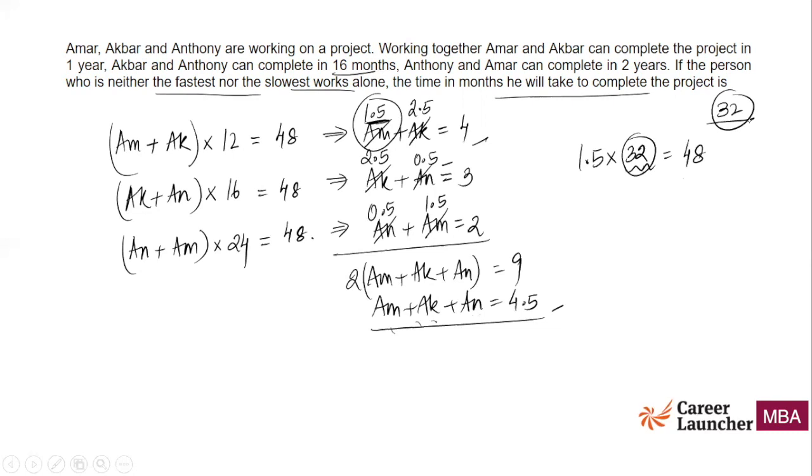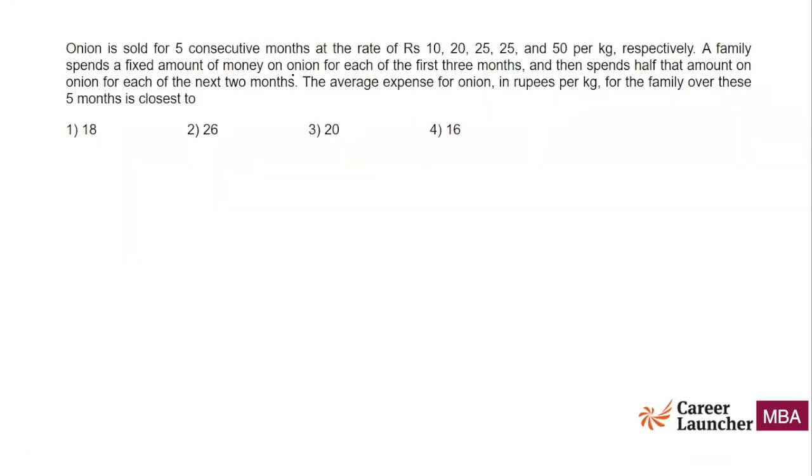Plain and simple question. Onion is sold for 5 consecutive months at the rate of 10, 20, 25, 25, and 50 per kg respectively. So rate is 10, 20, 25, 25, and 50. So this is the rate. Our family spends a fixed amount of money on onion for each of the first 3 months, same amount. So let's take the LCM of these three. So let's say they spent 100 rupees